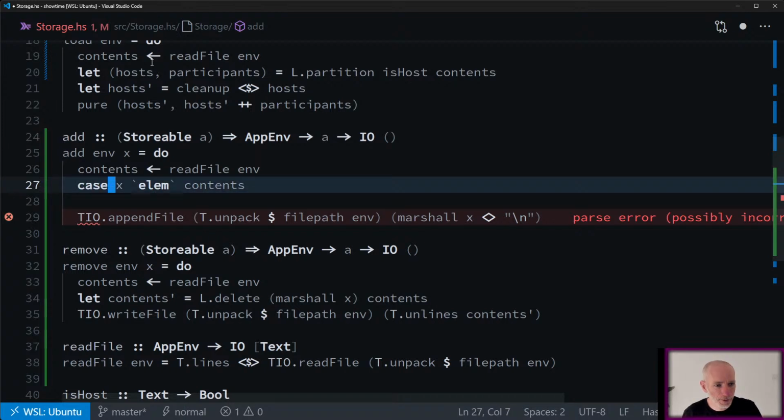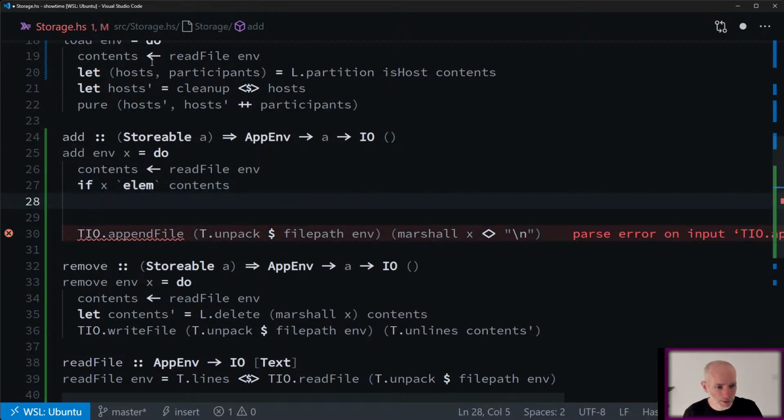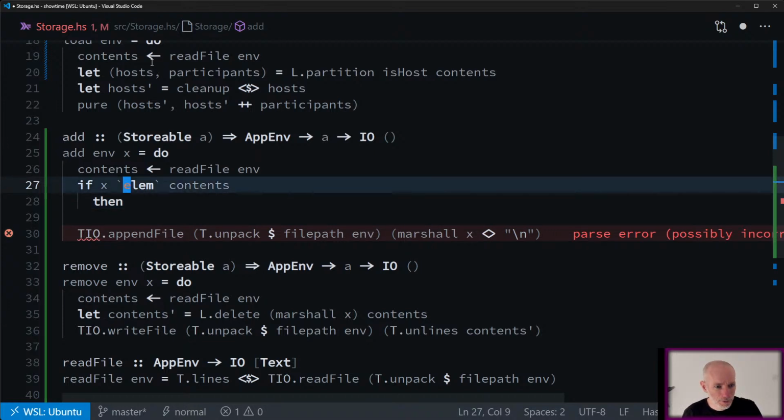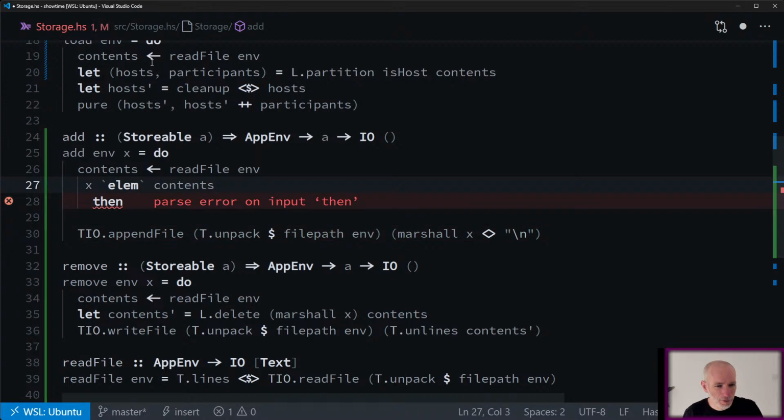I can use an if statement because it's just a boolean. X is an element of contents. Oh, we do nothing.